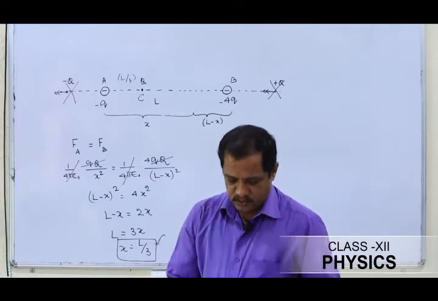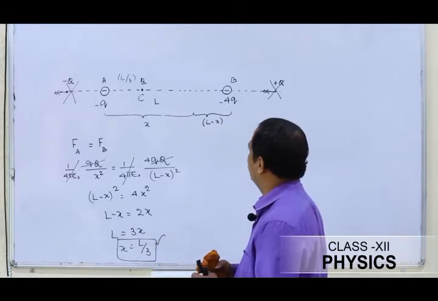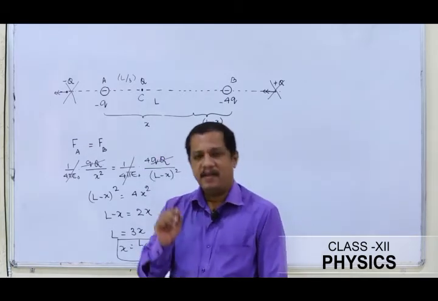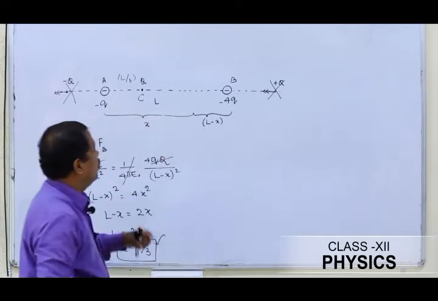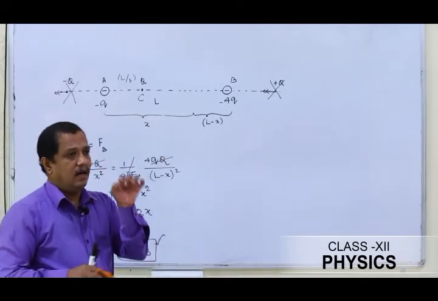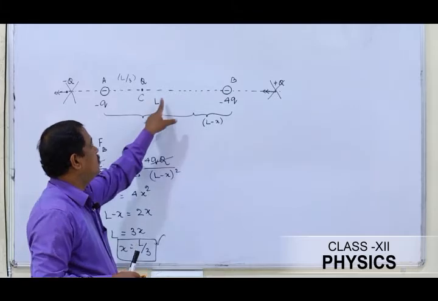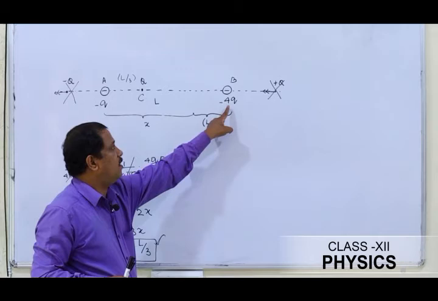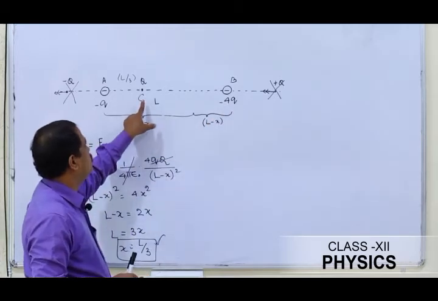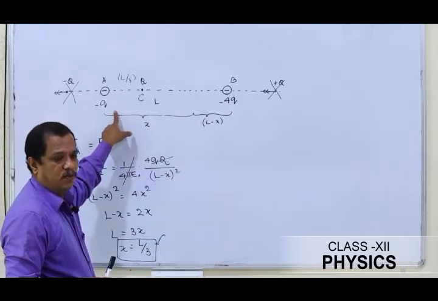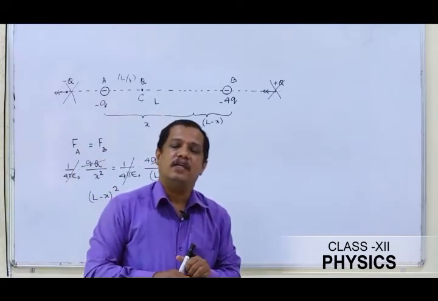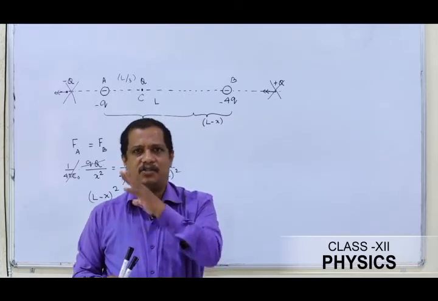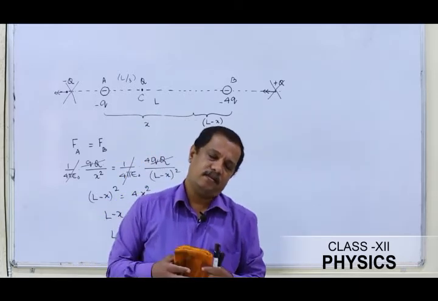Let us move on to another problem. In the first problem we saw, the two charges were of same sign and equal magnitude. We found the equilibrium position to be at a point midway between the two charges. In the second problem we saw that the magnitudes are different, therefore the equilibrium position is closer to the charge of smaller magnitude. The third problem that we are going to see is, we are going to take one positive charge and another one negative charge, and we are trying to find the equilibrium position.